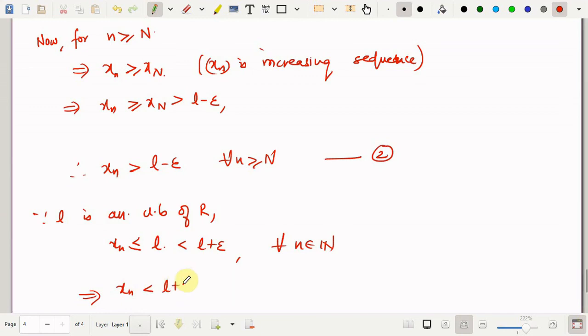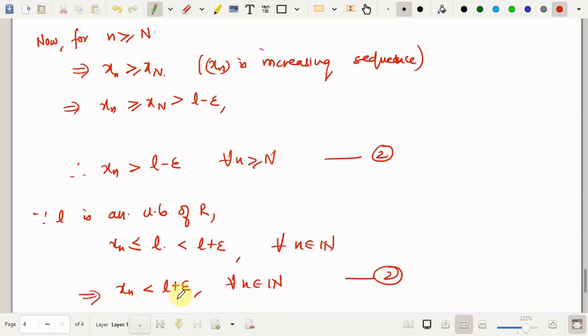In fact, this is true for all n belonging to N, and this is true for all n greater than or equal to capital N. So if I choose this as the natural number, definitely this is true for you. Give me any n, this inequality will always hold. So even if you take small n to be, in particular, capital N, then